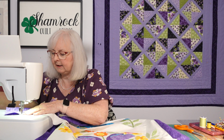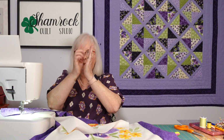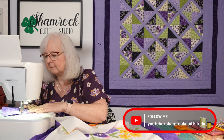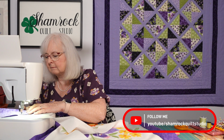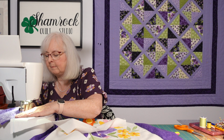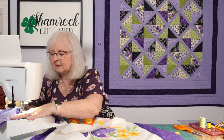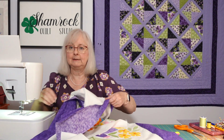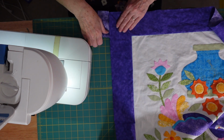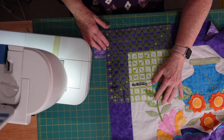Okay, and we've got it back now to the edge of the fabric, and we're going to turn it so we can sew, and we're going to sew right into the point, but it's going to be just like the littlest sliver of a birthday cake is what we're going to get. And then we're about a half inch away from the center where that dot is, and I have joined up with the other line of stitches. And since we're not taking it out, we don't need to knot it where we stopped. I just had it kind of go back a stitch or two. And now when we look at it, purple fabric lining up,